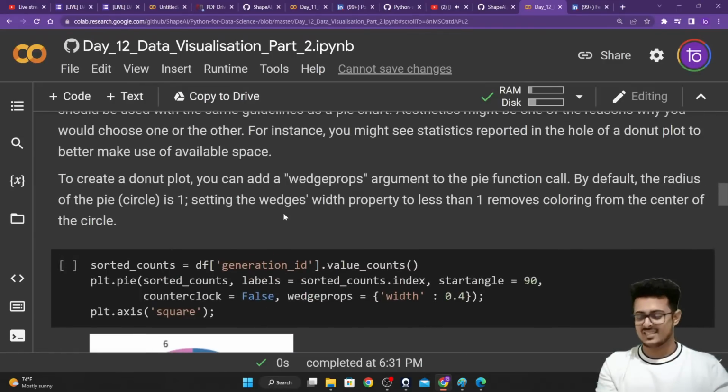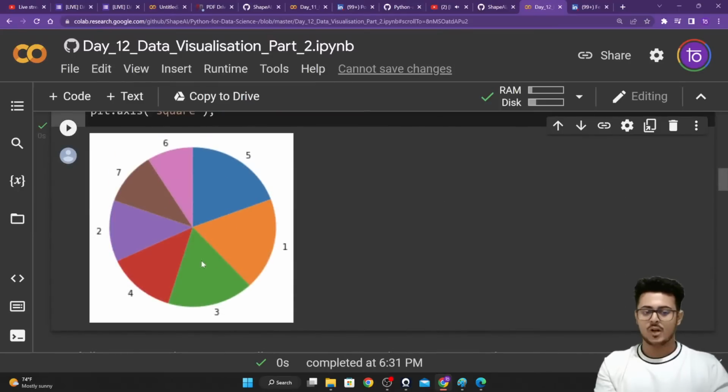So what if sometimes you want a donut chart? Not always do you want an entire pie graph, right? Many people don't prefer cakes, many people prefer donuts. So one variation of your pie chart is your donut chart. As the name suggests, it has a hole in the middle. That's the only difference.